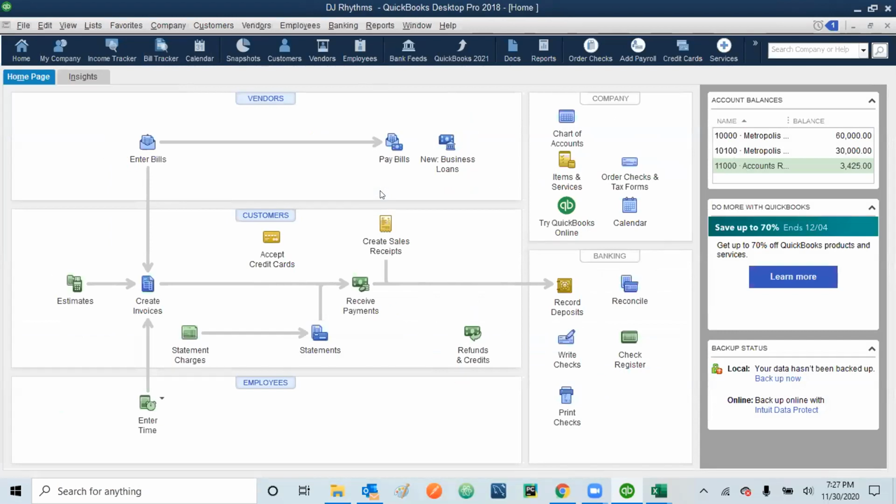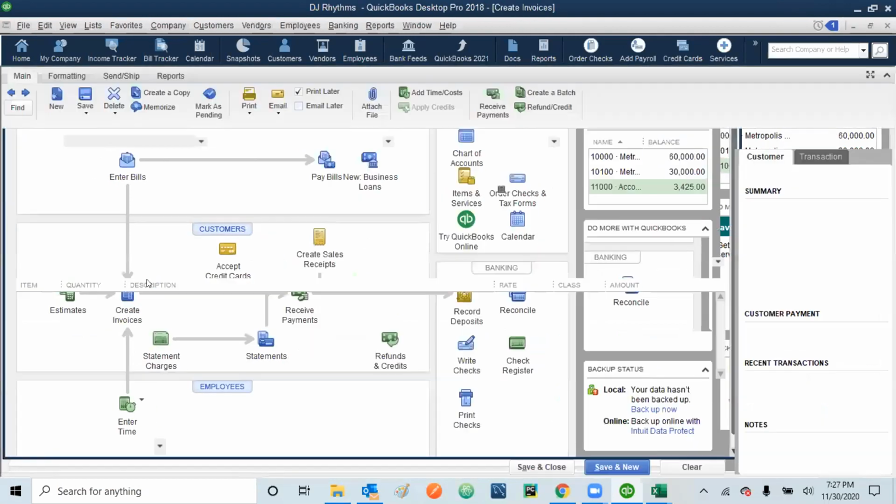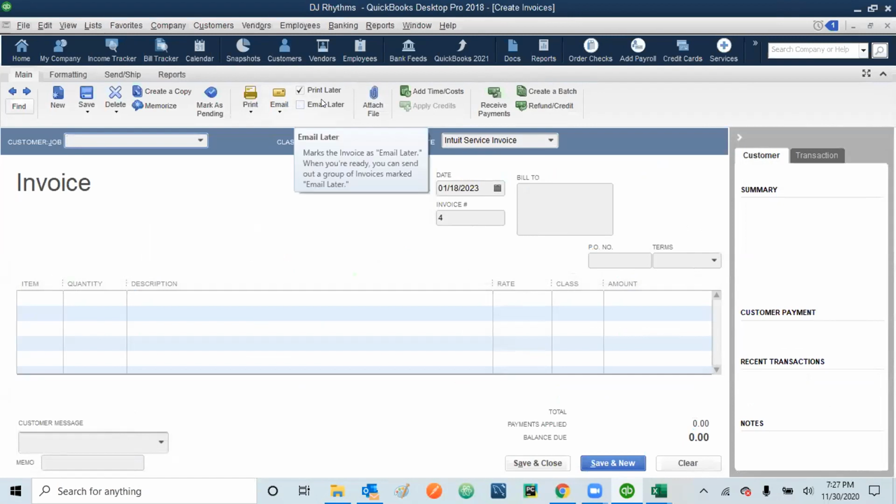And then the next transaction is about Sullivan. So just click create invoice. In this one, we have the option like email later. We can check it or uncheck it.